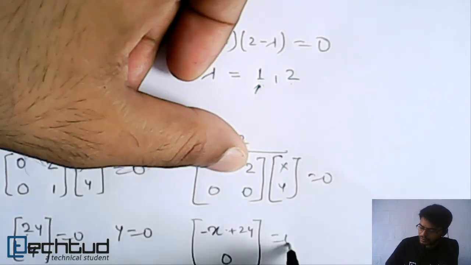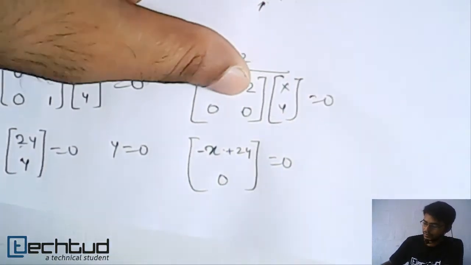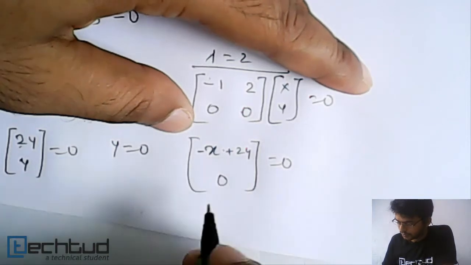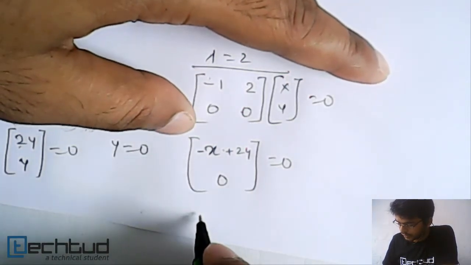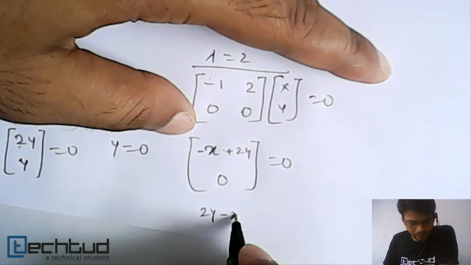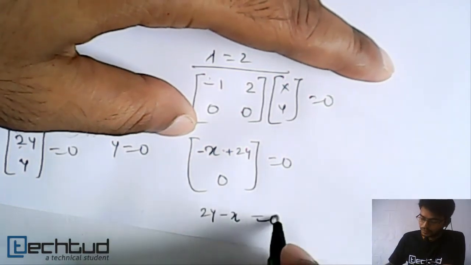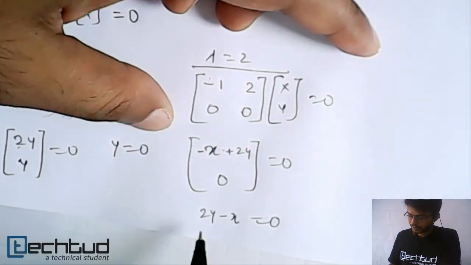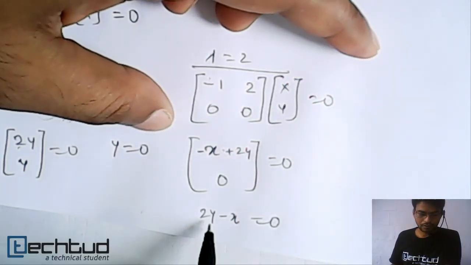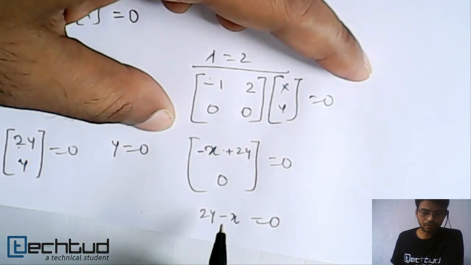So this should be equal to 0. From here we get 2y minus x equal to 0. From here we already know y equal to 0, so again we are getting that x should also be equal to